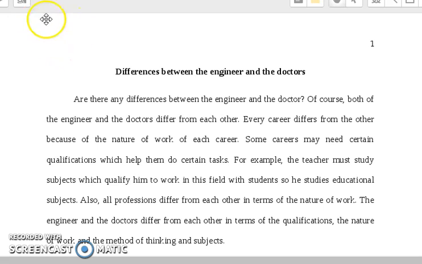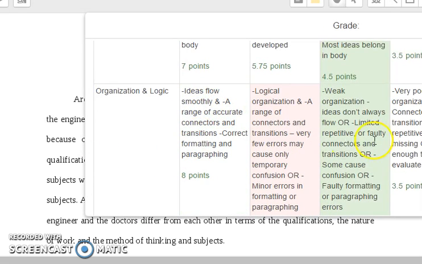If you don't know what that is, go back to my course homepage and go to week 1 and week 2. It has the format for the heading there. Find out what that is and put that on here. Other than that, the rest of the format looks good. So all you gotta do is change that little thing, and I'll raise your grade for the organization and logic.